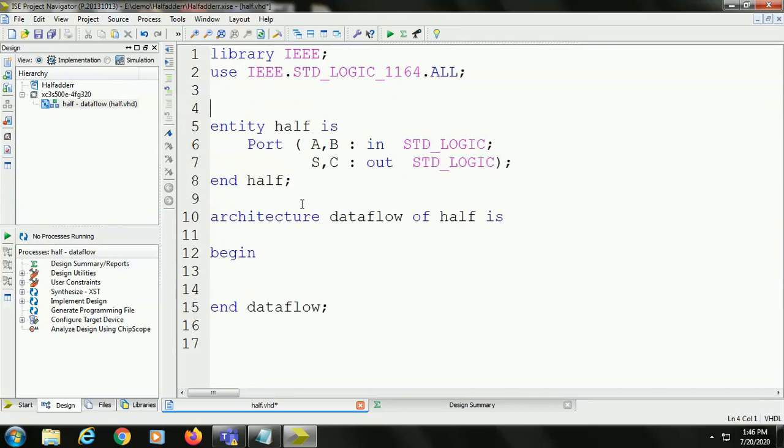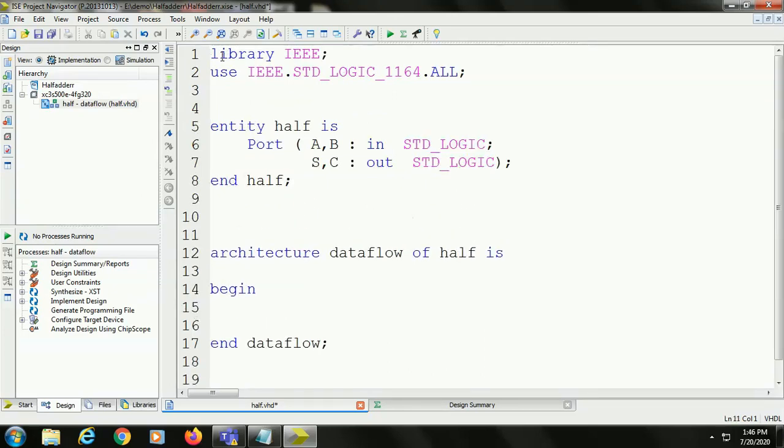So we already defined that. This is the basic program structure. Total 3 sections. One is the library section, next one is the entity part, next is the architecture part. In the library section, library IEEE is the library name we are using here, and in that library we are using the IEEE dot std_logic_1164.all package. This package is helpful for making the compiler understand what std_logic is.